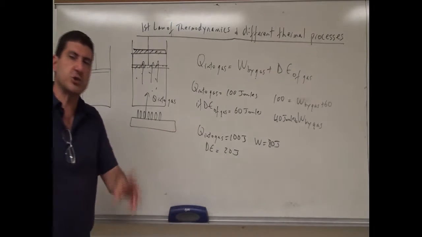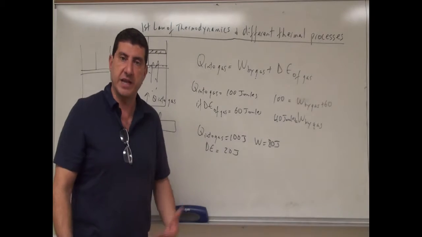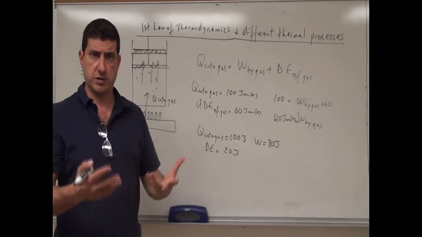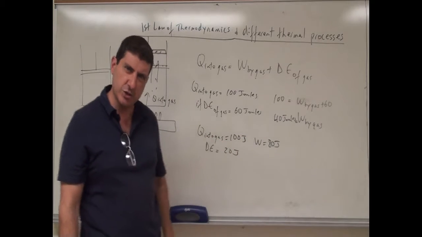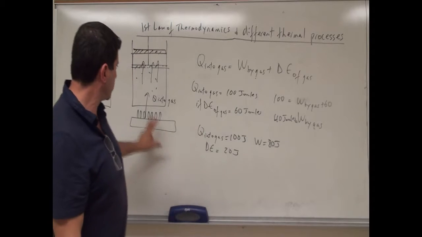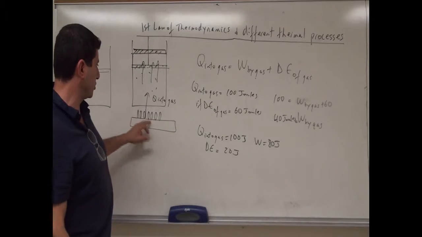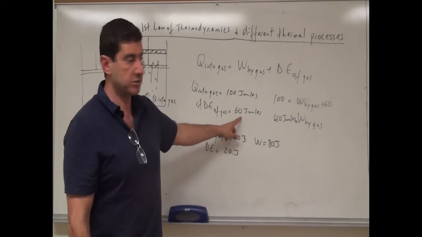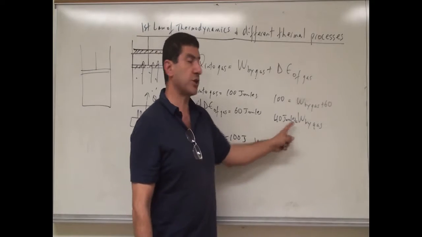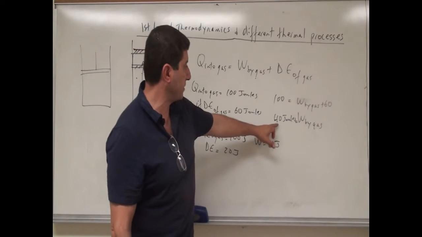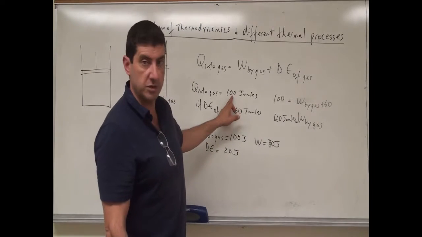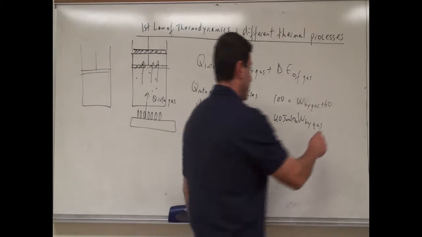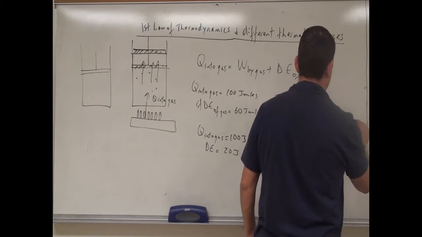So this kind of brings us to the concept of efficiency of an engine, which we're going to touch upon more later in chapter 22 for engines, but we can touch upon that quickly here. We can say which container is more efficient. Well, here you're putting in 100 joules. More of it is going into heating the gas, less of it is going to the gas doing work. So what's the efficiency of this? 40 over 100. You're putting in 100, but the gas is doing 40 joules of work, so the efficiency is equal to 40%,